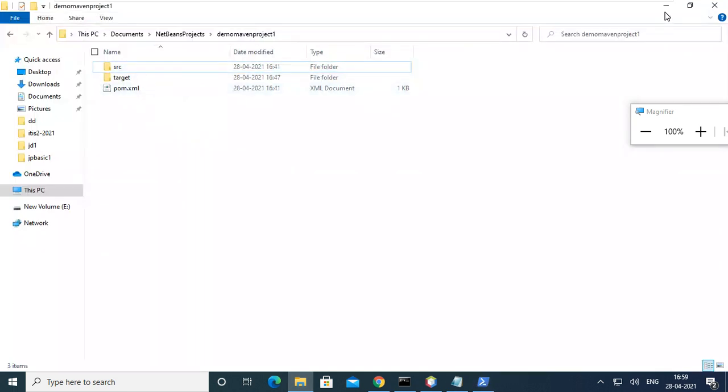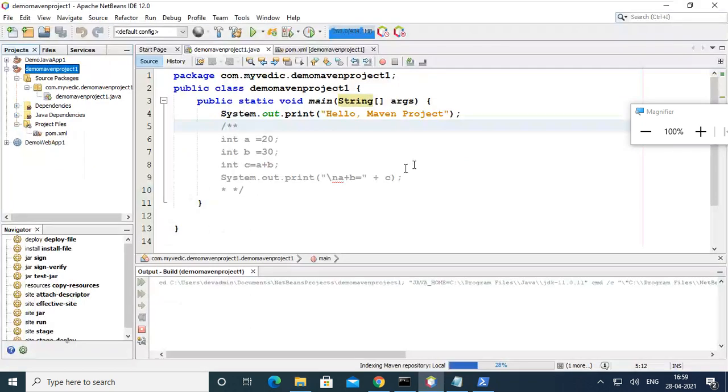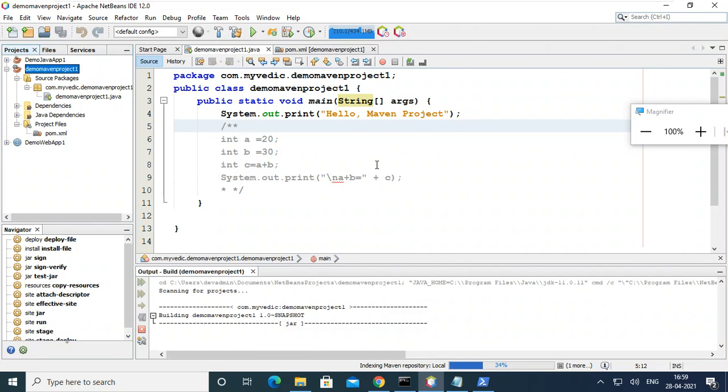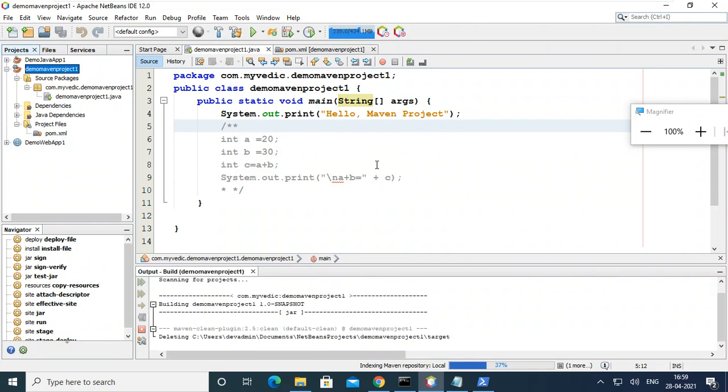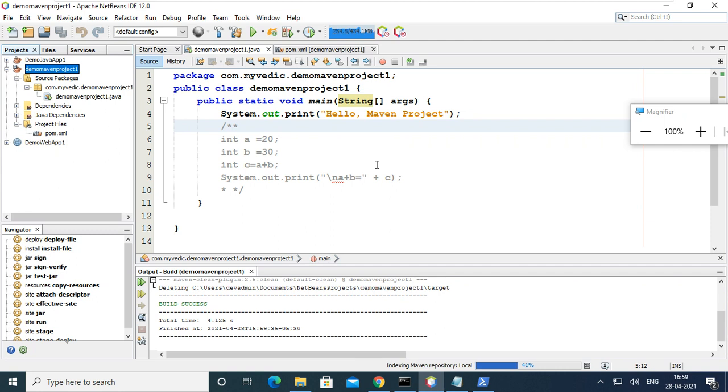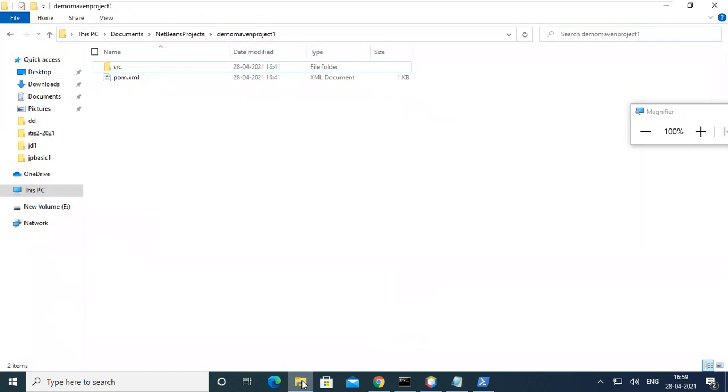So this target will be gone. Otherwise, along with the target, it will go inside, and again you have to do cleaning. So it shows deleting the target directory. It removes the directory and only keeps the original thing, the src, main, java.com like this. This is the original file.